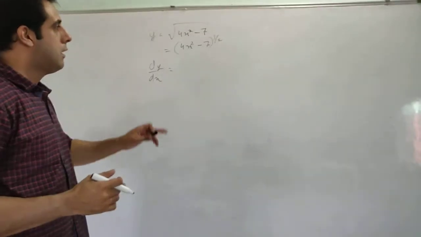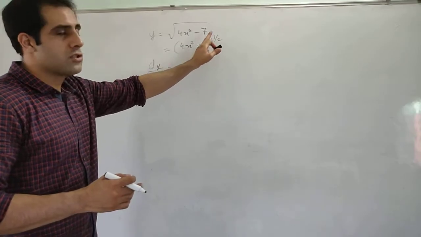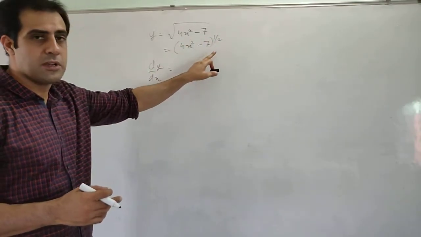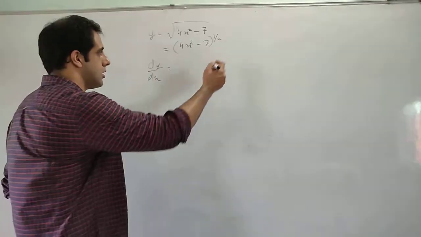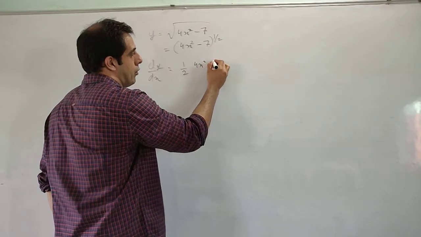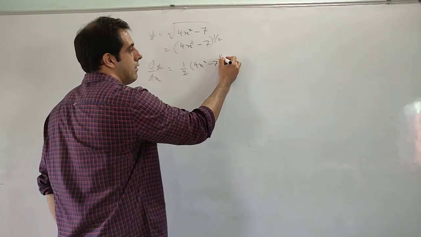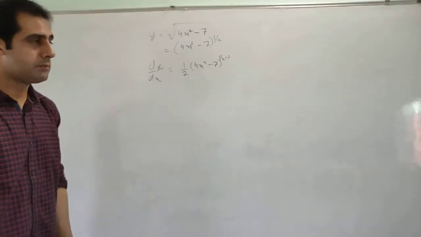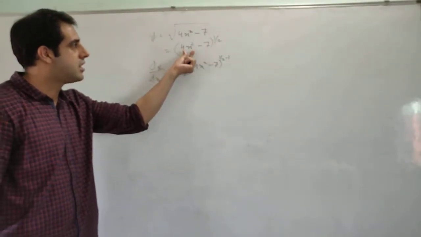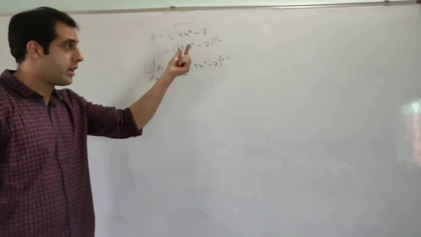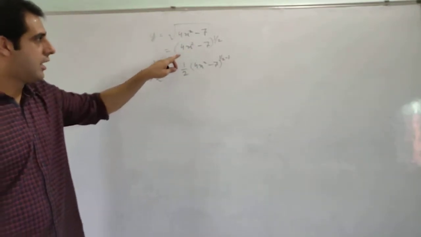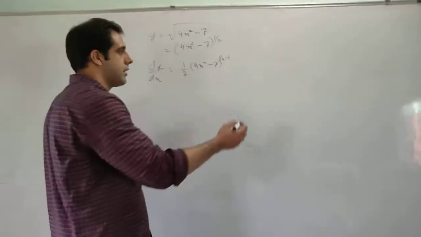Now what will happen? Since the power is outside the bracket, on top of the entire expression, first the power will be differentiated. So half will come here, 4x square minus 7, and the power will be reduced by 1. This is the first step. This is the differentiation of the power, but we still didn't differentiate the 4x square. This also has to be differentiated because we are differentiating with respect to x, and there is x, so it also needs to be differentiated.